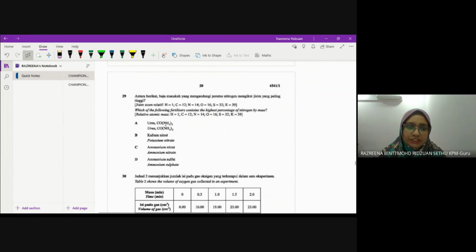Okay, question 29. Which of the following fertilizer contains the highest percentage of nitrogen by mass? So you have to actually calculate each one to find the percentage. Okay, so example, the first one, how many nitrogen here? 2. 2 times 14, divide with the total RMM. 12 plus 16 plus 2 times 14 plus 4,